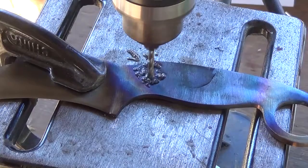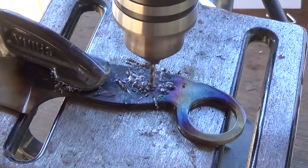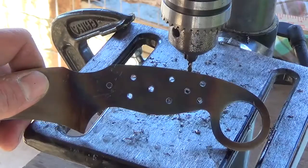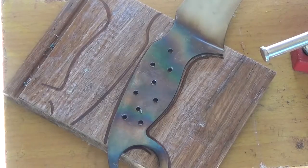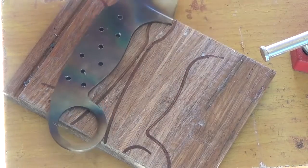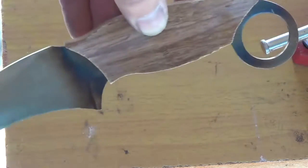Once it's cooled down, I drill my 2 pinholes and several other holes that will help lighten up the handle and give extra places for the epoxy to grip when we glue the handle on. Once the holes are all drilled, I trace the outline of my knife handle onto a piece of laminated bamboo flooring, which will become my knife handle slabs. Once I cut those out,